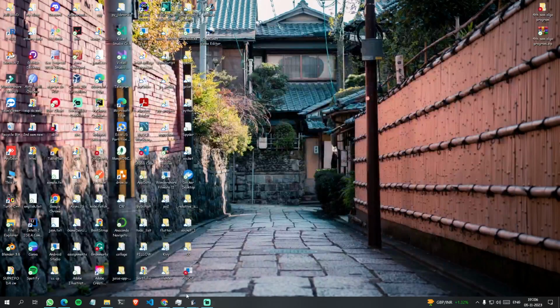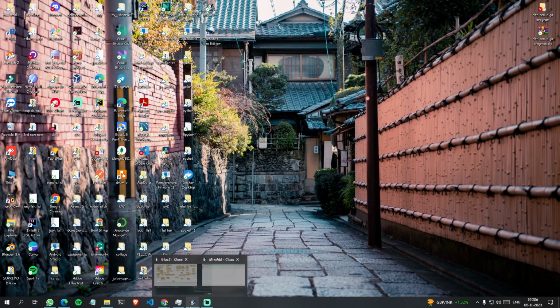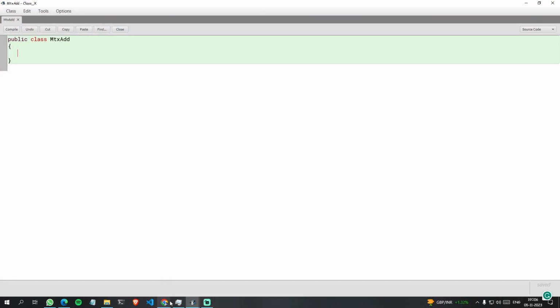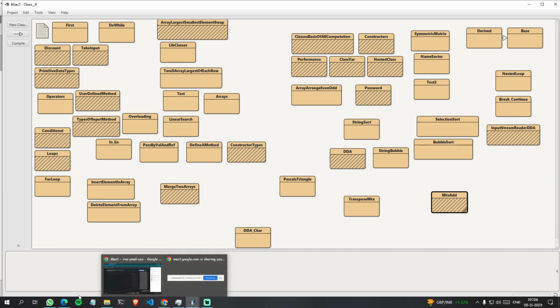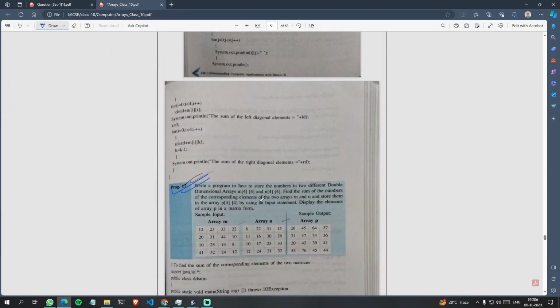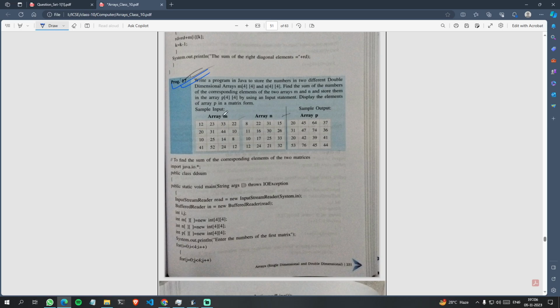Okay, so let's start. First we'll do the matrix addition program. Let's copy some program for inputting the matrix, because we need to take two matrices. The concept is we'll take two matrices as input and add each one on the basis of their index. That means, for example, we have two matrices m and n. The first value of m matrix will be added with the first value of n matrix,